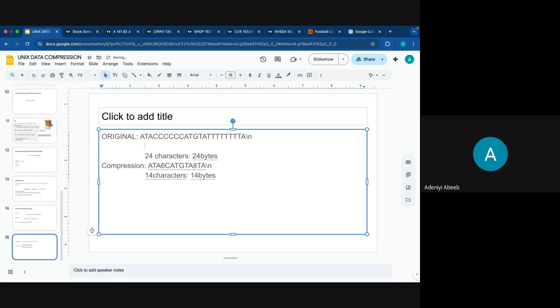So let's just say we have the same length of characters: A, B, C, D, E, F, G, H, I, J, K, L, M, N, O, P, Q, R, S, T, U, and V. So we know there is no repetition there. I'm not sure whether they are the same lengths. They're the same lengths. So in this instance, let's try this